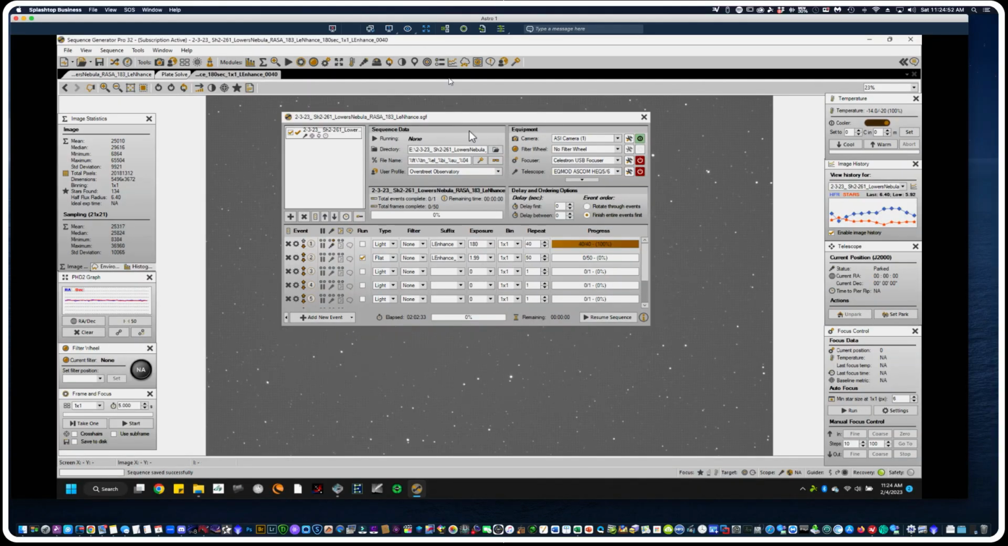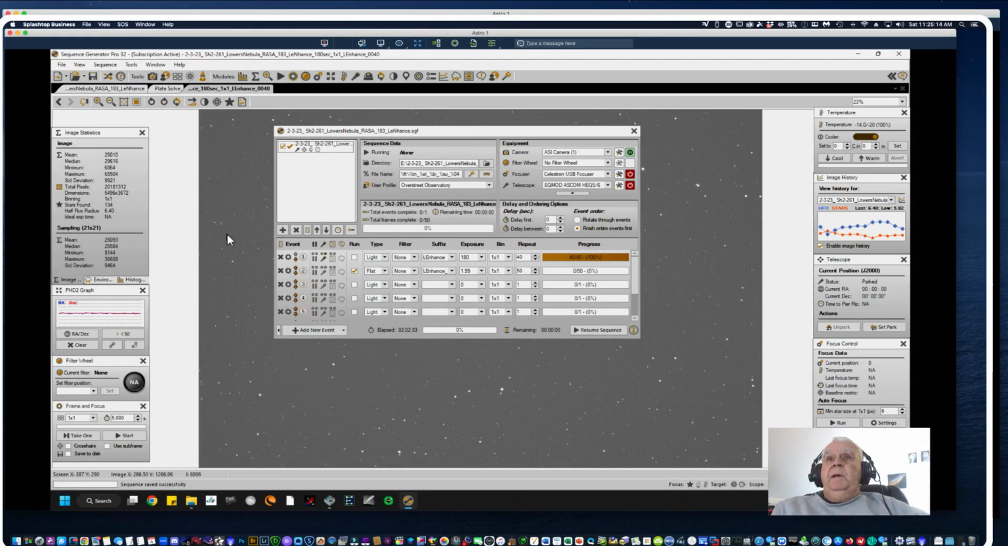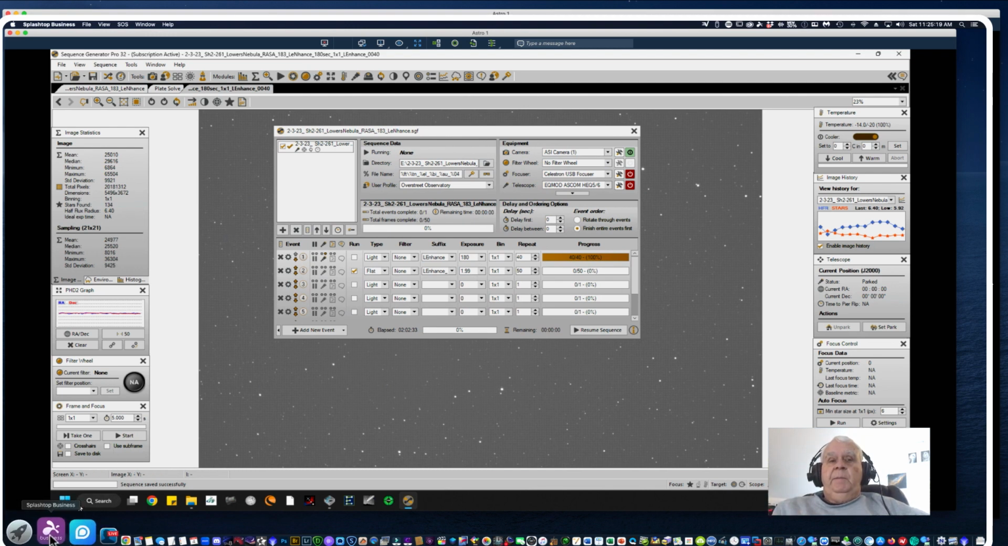Okay, I am currently set up in Sequence Generator Pro. This was my last image taken last night of SH2 261. So I want to commence taking flats, and let's do that. First, let's go outside and I'll show you my setup for